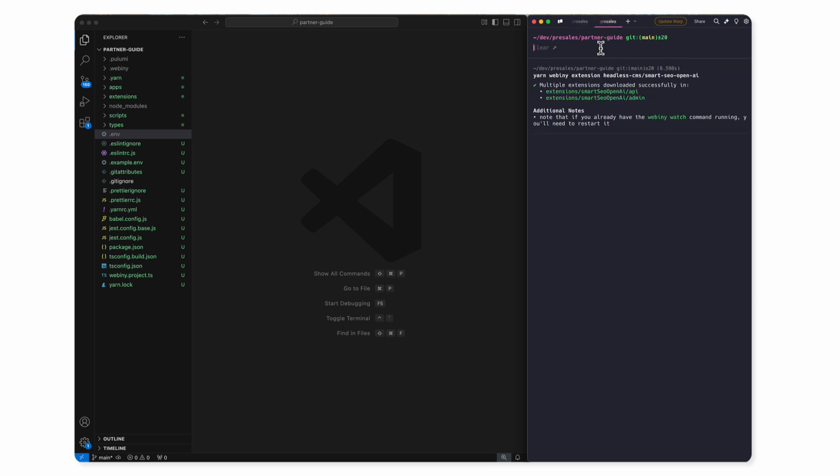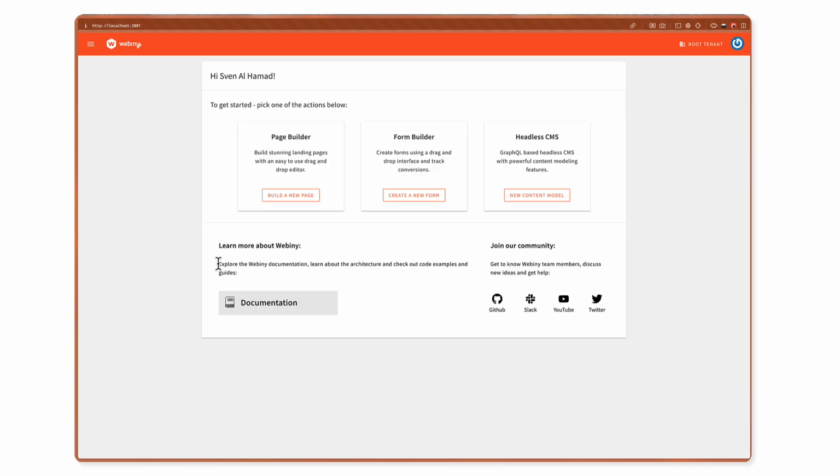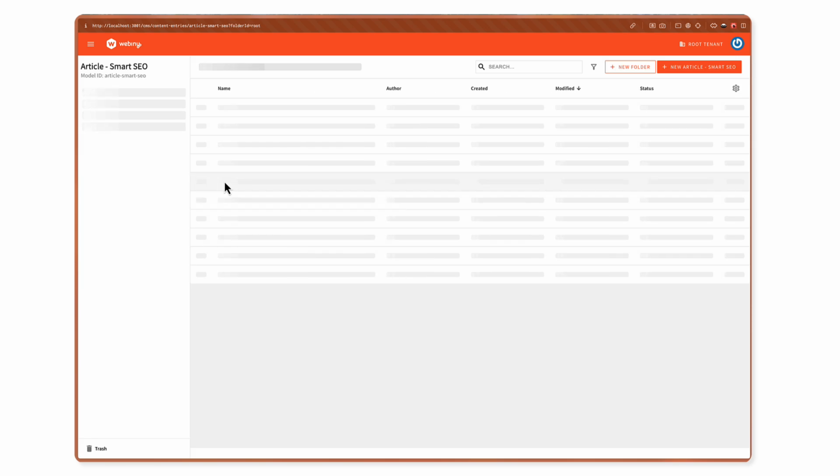Now, in the other window, we can run a watch command, yarn webiny watch admin --env dev, and let's start the watch. Okay, now we're inside our instance. In there, we have the Article Smart SEO content model. If you open that one,